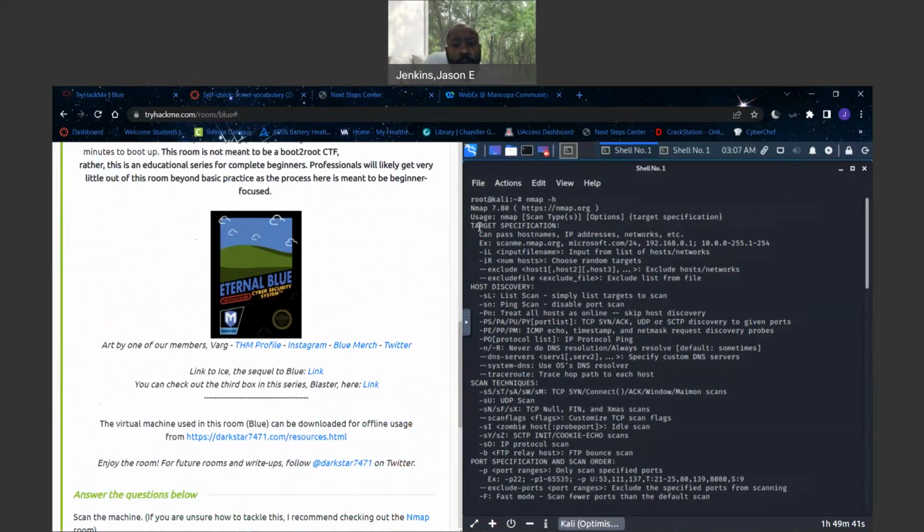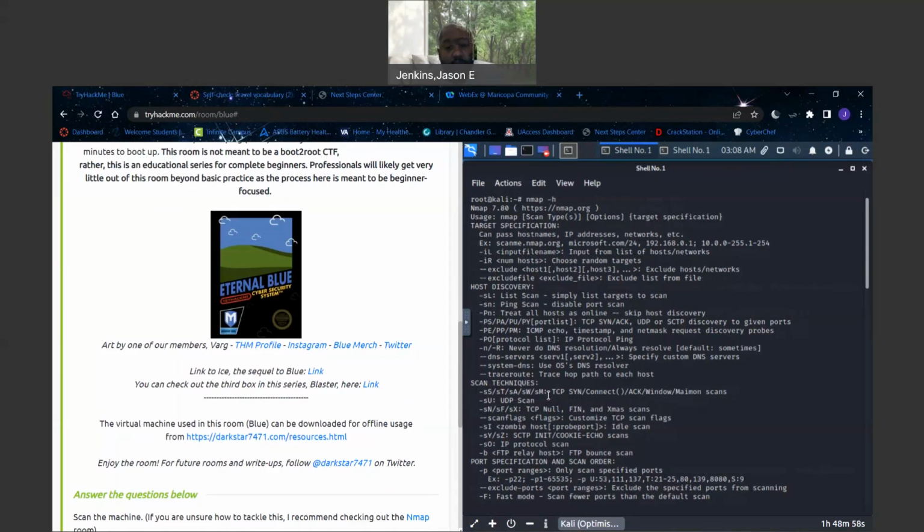We can target specific parts of the machine: IP address, hostname, networks. We can do host discovery, ping scan, treat all hosts as online, skip host discovery. These are really important. And then the scan techniques. These are important because it grabs information from different parts of the TCP process and runs different scans looking for open ports,